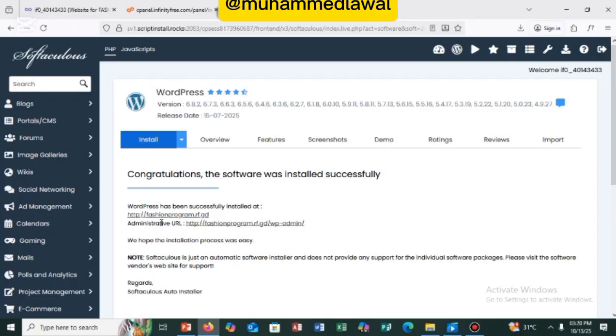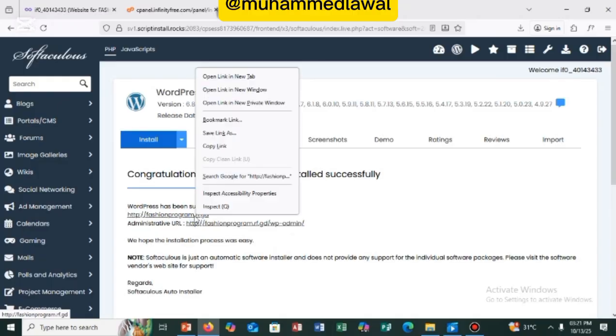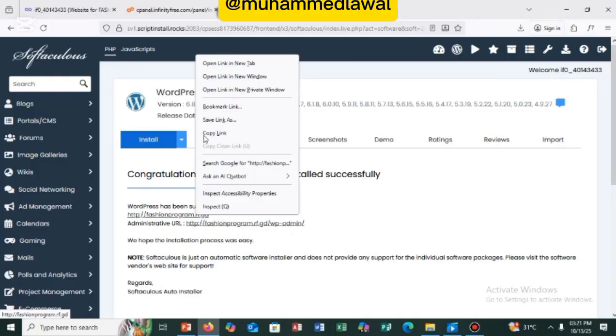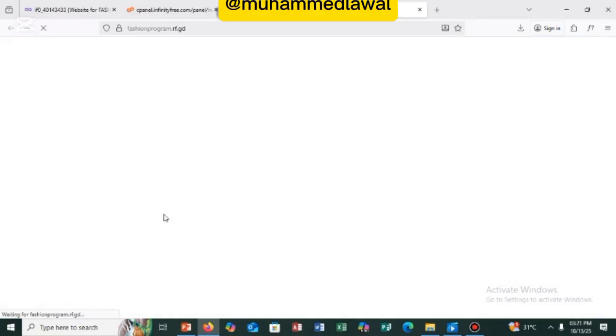So this is our front end and this is our back end. As we made mention, the front end is the place that individuals will be able to view the site, then the back end is the administrator location where he will be able to input those data and information. The difference is that you have to just put /wp-admin. This WP refers to WordPress. So let's click on it. Let's open it. Once you click on it,